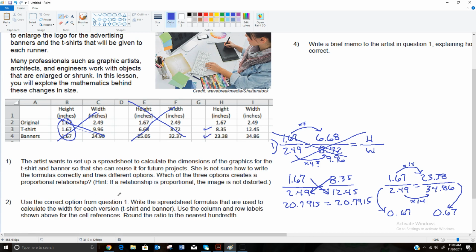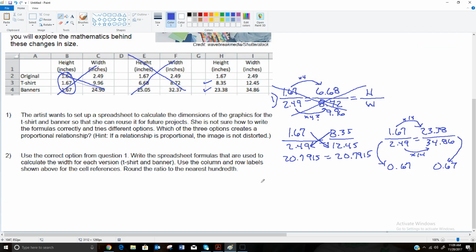So it says use the correct option from question 1, which was this one, and write the spreadsheet formulas that are used to calculate the width for each version. Use the column and row labels shown above for the cell references. So what they mean by that is, instead of actually putting in the 8.35, how did we get from the original to the t-shirt? So what they're saying is, if you wanted to calculate row H3,